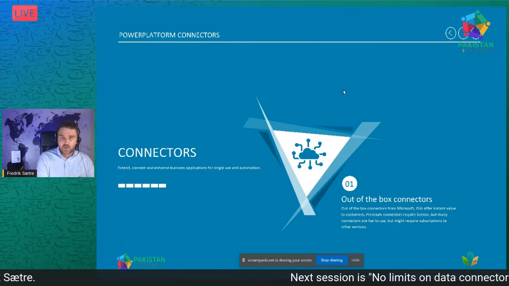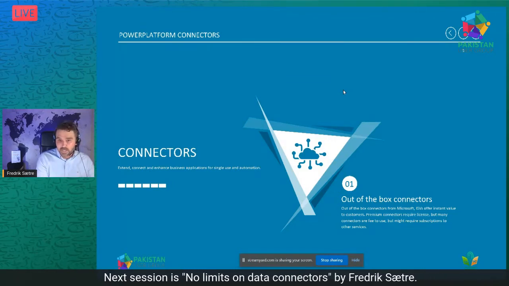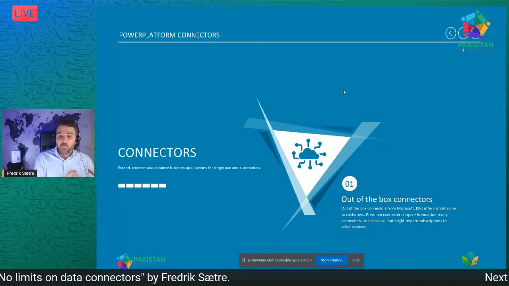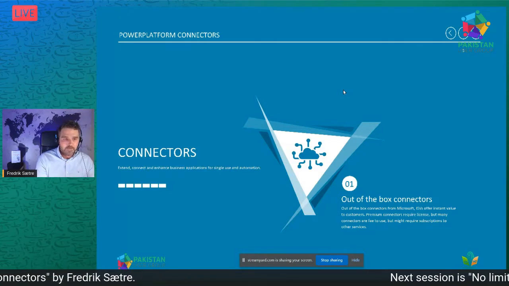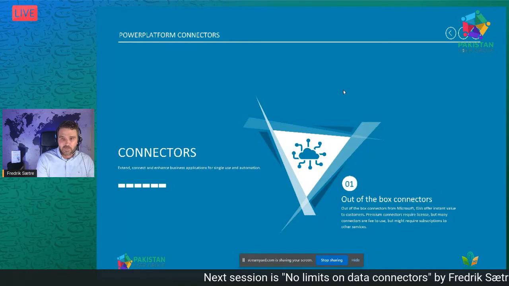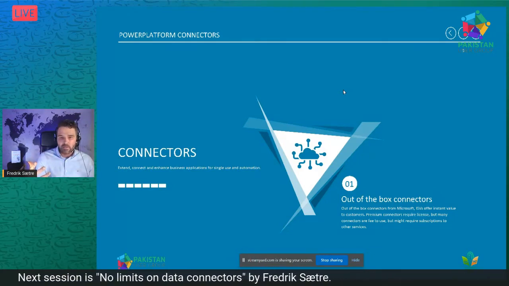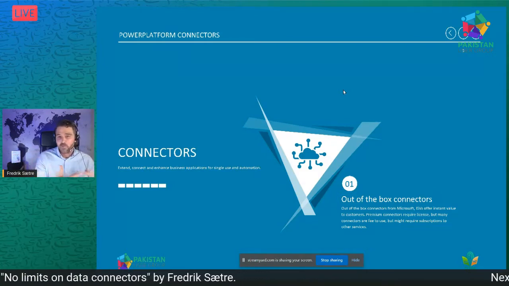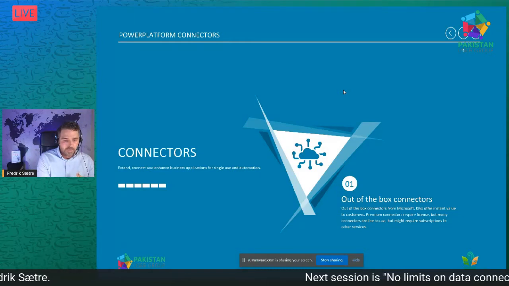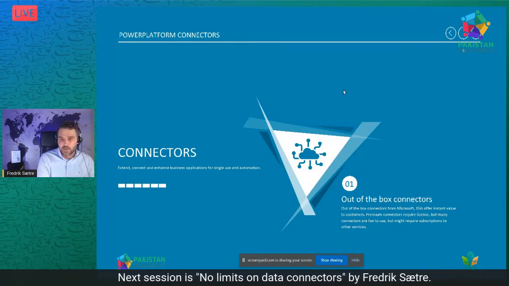And these are primarily made by Microsoft in many of these cases, but also by ISVs and third-party services. So I think we'll see an influx of a lot more connectors moving forward. There will be a great incentive, when you have a web service, to expose that into the Power Platform in general and standardize these connectors. So I think we'll see a great increase in this, not just from Microsoft, but also from third-party services,